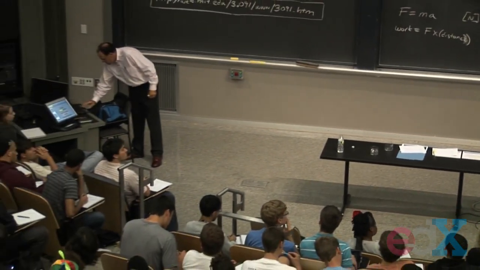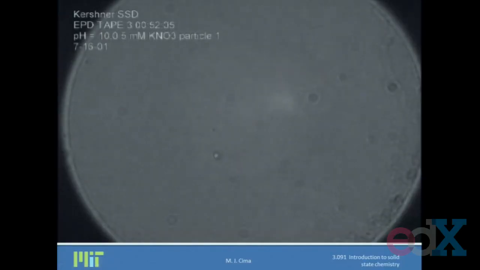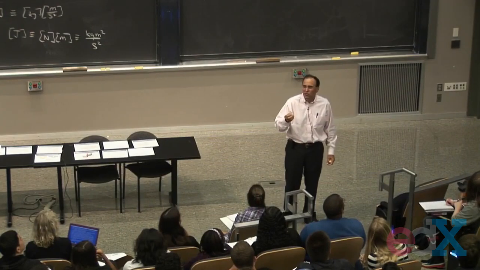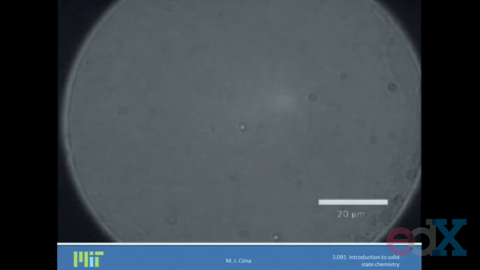I had a student of mine one time film one. So this is a 2-micron particle at the bottom of a pool of water. It's silica glass, SiO2, and it's just heavy enough that it does fall to the bottom. Its density is about 2. And you can see, and there's another one up to this side, you can see it never stops.